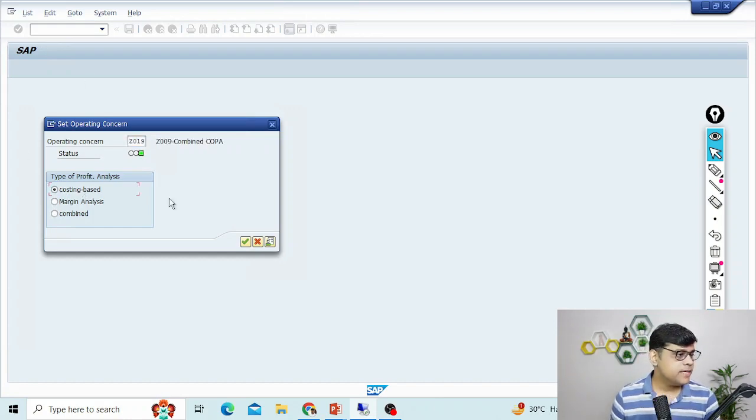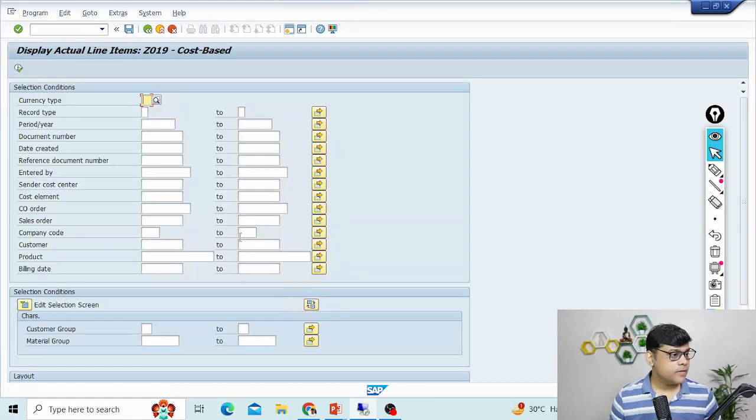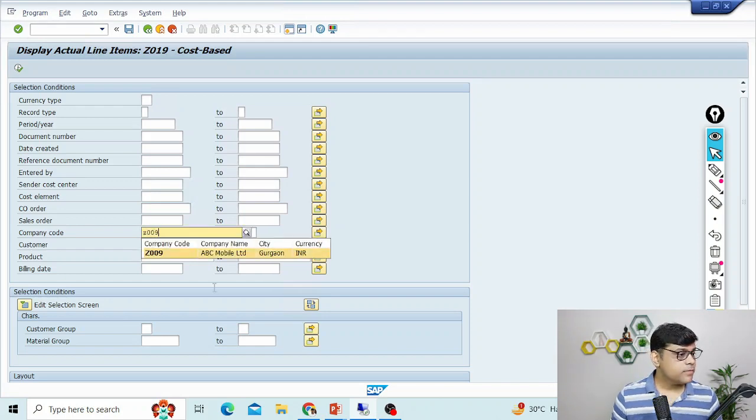Then if I will select the costing based, here you will get your traditional reports. Let's have a look into this. This is our old report where you are going to specify your record types and all. And here, let me execute. Let me add my company code, and it is Z009. Oh, sorry. This is my company code. And if I will execute,